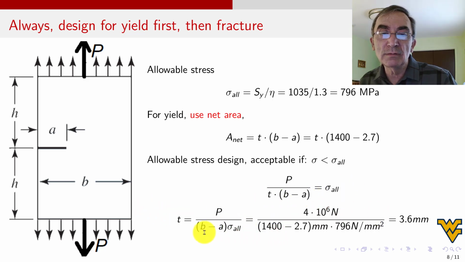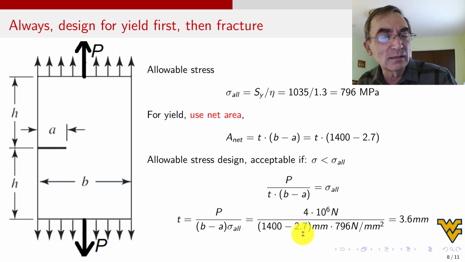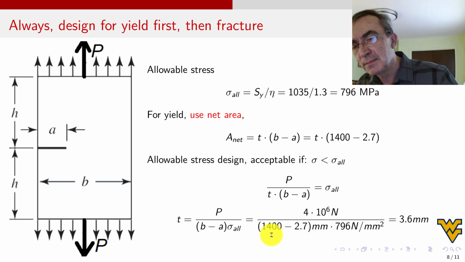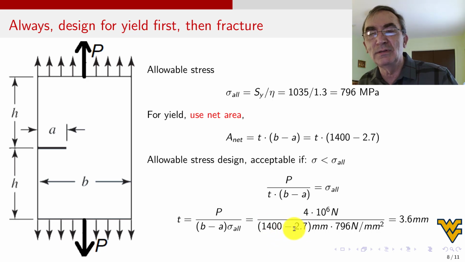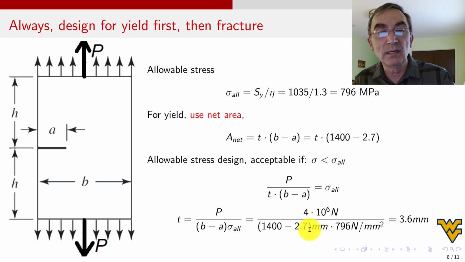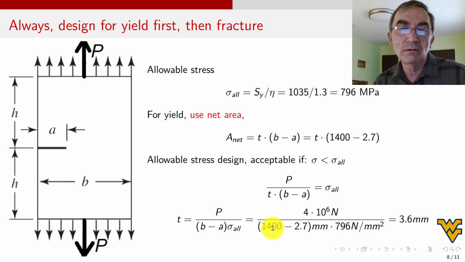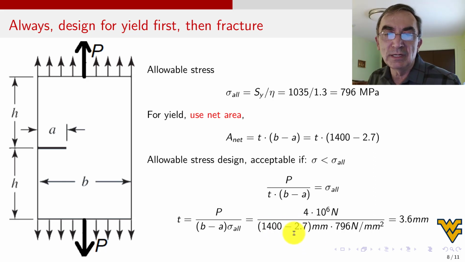And so I put the numbers, B 1400 minus 2.7. So you see, it's going to be almost 1400. As a matter of fact, in the textbook, this example is done putting directly the 1400, but that makes it confusing because the students think that we're using the nominal area. No, we're not. We're using the net area. It's just that the crack is small, so it takes only a little bit of it. But in example 1, the crack was big, and this made a difference. So I always use it. I don't care how small it is, I will subtract: 1400 minus 2.7.